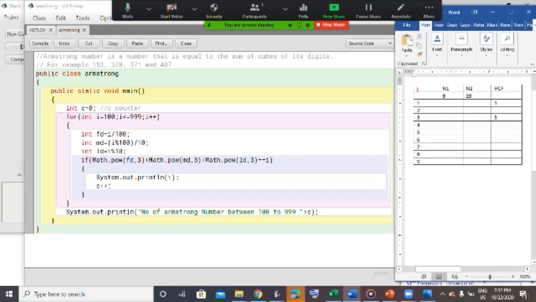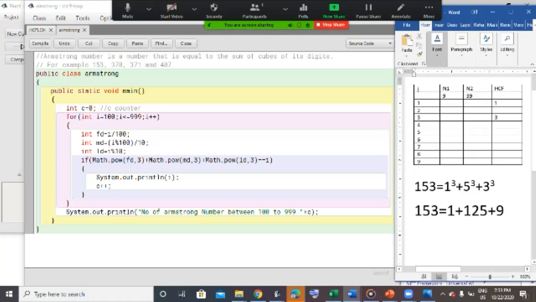That means 153 equals 1 cube plus 5 cube plus 3 cube. So the cube of 1 is 1, the cube of 5 is 125 and the cube of 3 is 27.